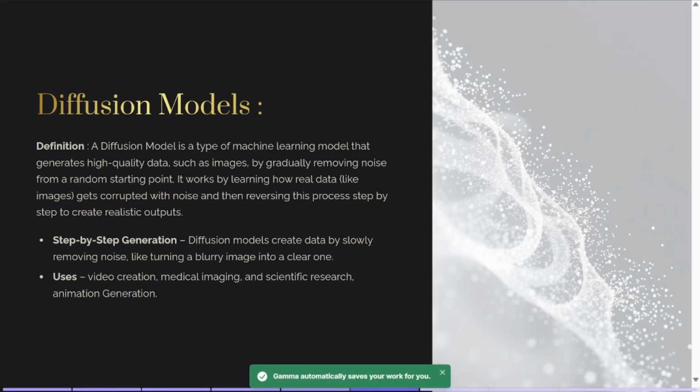So let's now explore the diffusion models. A diffusion model is a type of machine learning model that generates high quality data, especially for image generation. It creates high quality data by gradually removing noise from a random starting point. You can think of it like starting with a blurry or static-filled image and slowly turning it into something clear